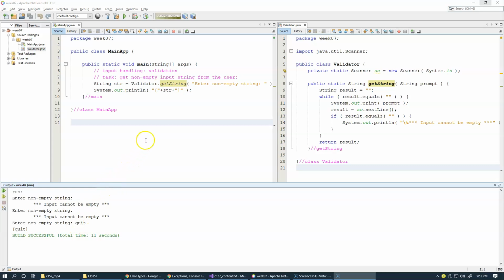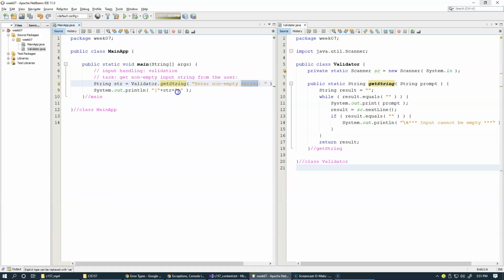Very well, so this program works as expected. And now let's add another stage to explore the functionality of our validator and handling input. It may be possible that this string that we get from the user right here contains an integer value. So maybe we could add a code like this, call it value